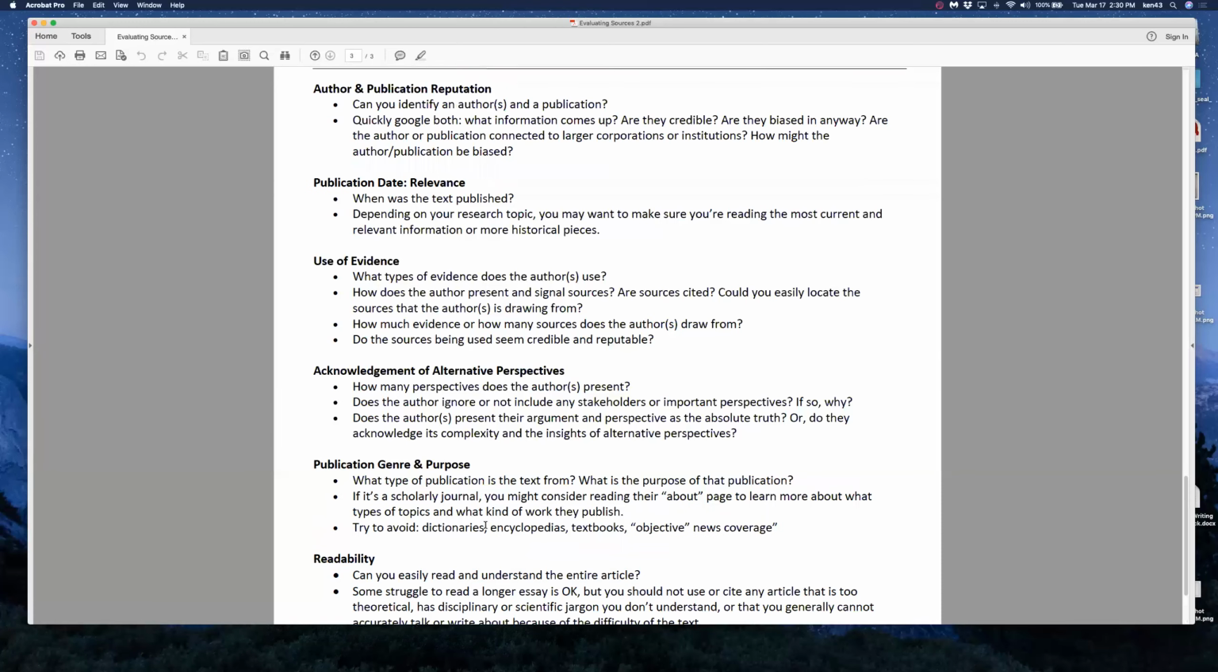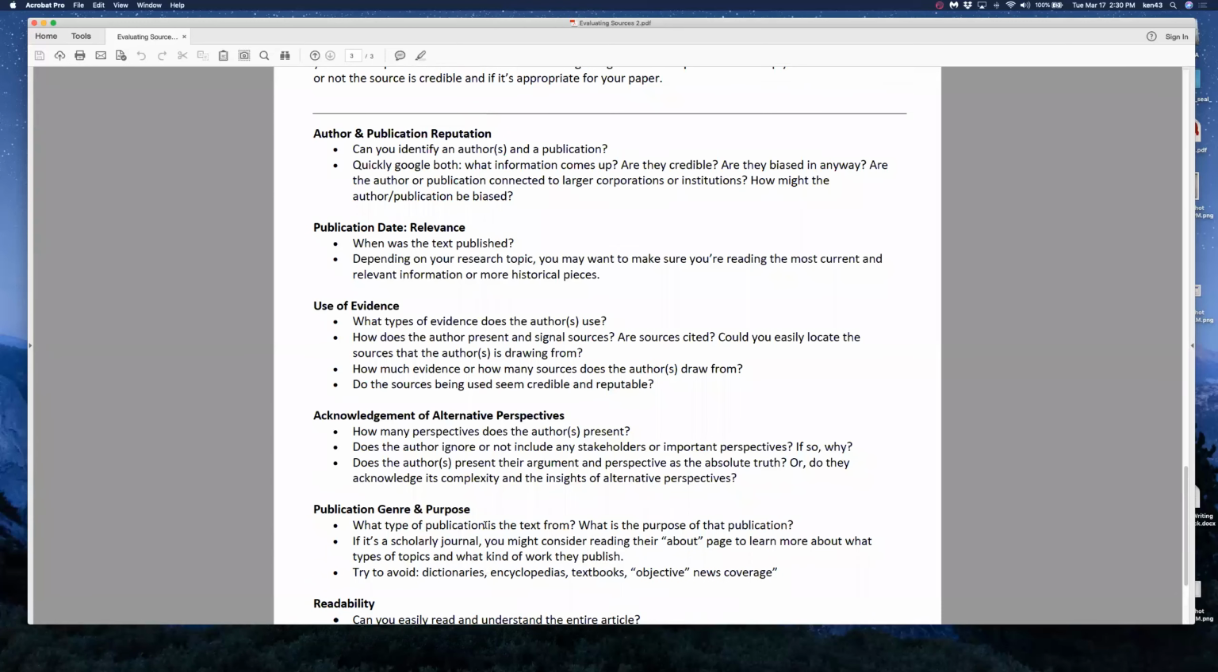But having some of these questions and thinking through what you're looking at and how it will relate to your own project are a great starting